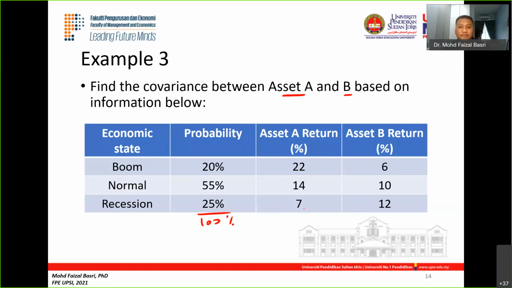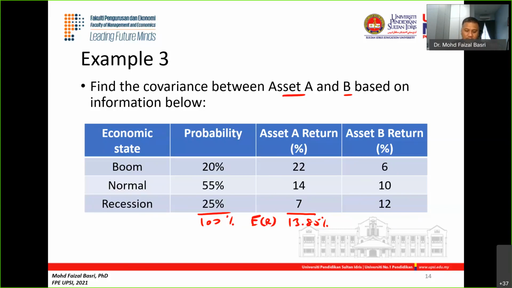So the same measurement as before, right? I will write the ER at the bottom here, just to indicate to you, using the earlier formula. So 20% times 20% plus 55% times 14 plus 5% times 7%. So here I get 13.85%. Here the ER. Okay, 13.85. Let me double check.